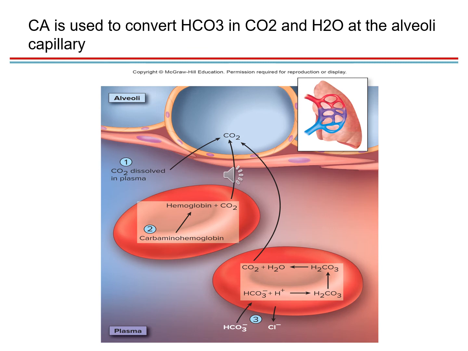The substrates here are bicarbonate and the hydrogen that is also from plasma. Now, using these two substrates and the carbonic anhydrase, it is converted into carbonic acid, and carbonic acid is rapidly split into other products. One is carbon dioxide and the other one is water. And as I mentioned before, carbon dioxide is fully, 100%, diffused into the alveoli to be breathed out and eliminated